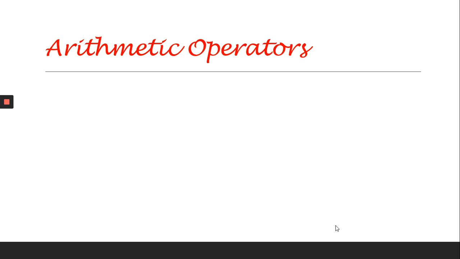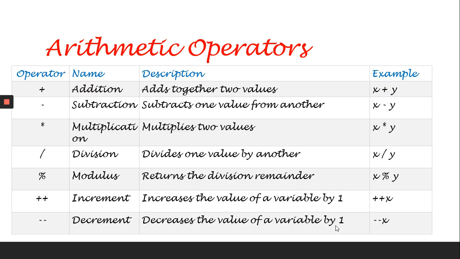Arithmetic operators. They are very commonly used by us. They include addition operator, subtraction operator, multiplication operator, division operator. These four are very common to us. When we want to add two numbers, if say 2 and 3 are the two numbers, we will be writing 2 plus 3. Similarly, in C++, we will be storing those data in variables. So, those numbers 2 and 3 are initially stored in the variables x and y, and if we want to add those numbers, we will be adding those variables. That is, we will be writing x plus y. Similarly, we can subtract, multiply and divide.